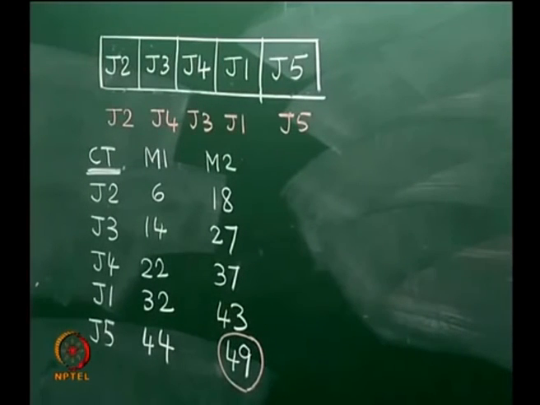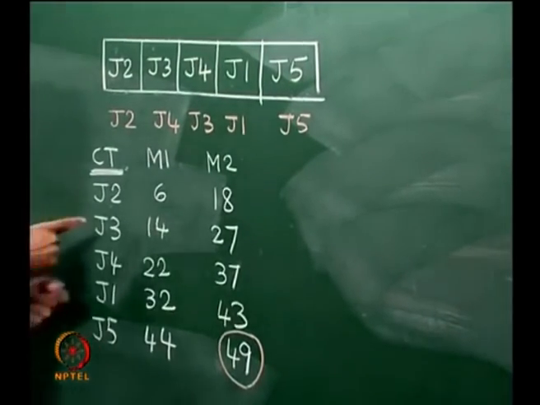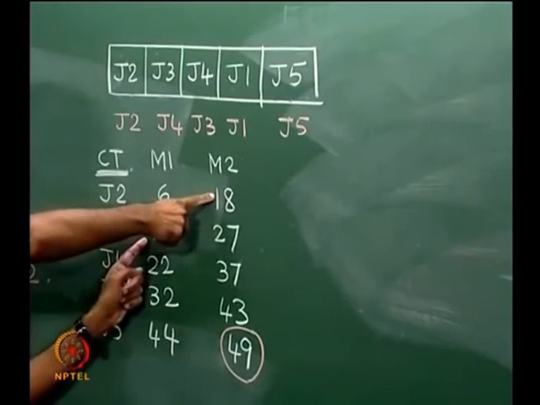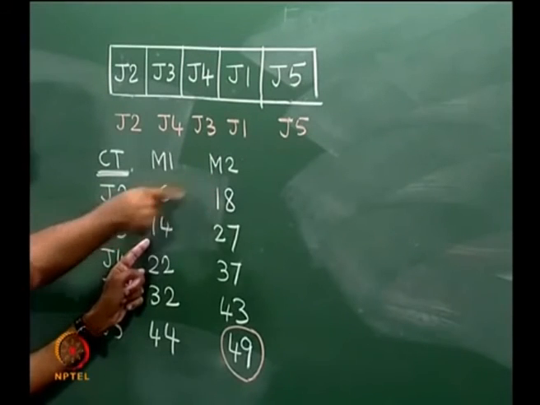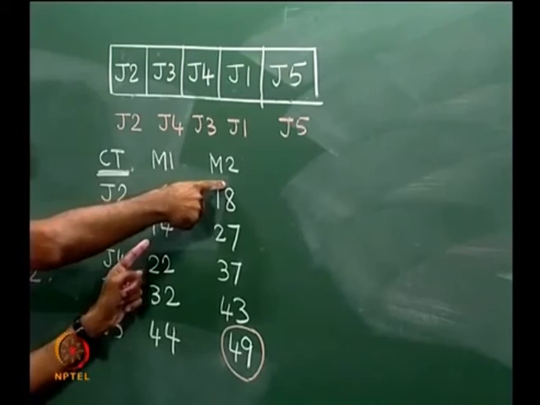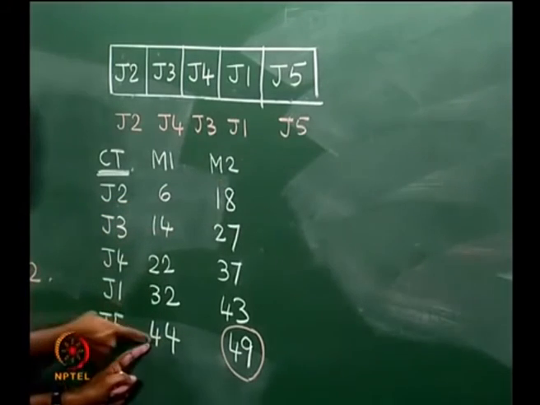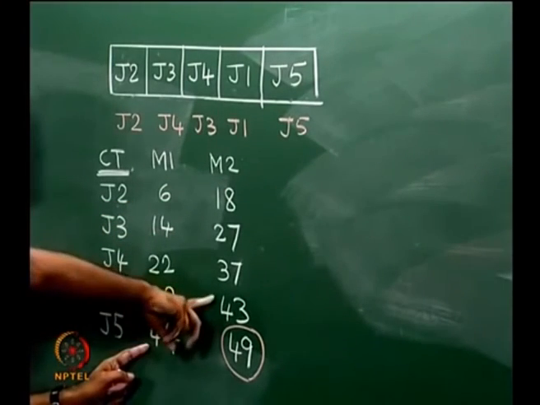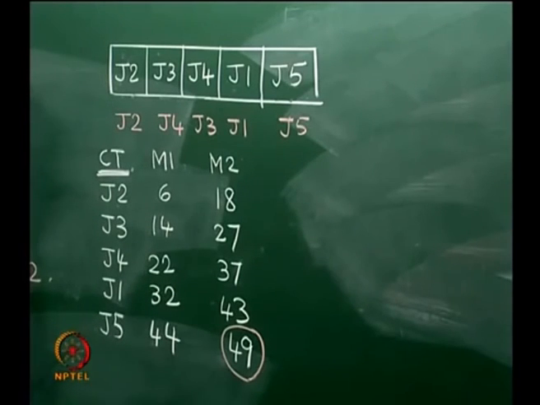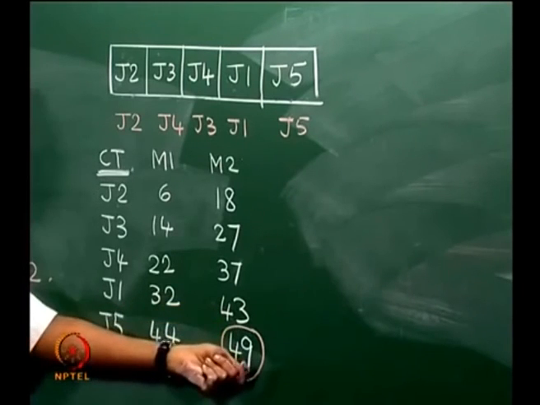Now here we can see both situations. We can see a situation where this job is coming out at 14, but the machine is available at 18. So here is a case where the job is waiting for the machine to be free. Here the job comes out at 44, but the machine is already free at 43, but the machine has to wait for the job to come. So there is a machine waiting time of 1, which again increases the make span.